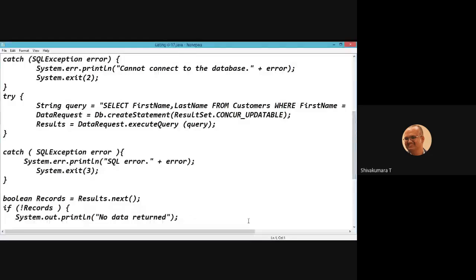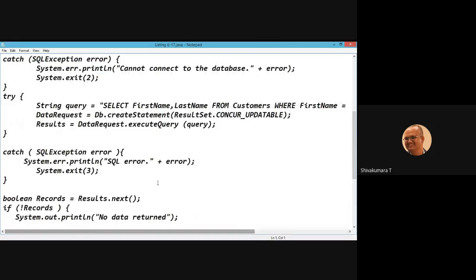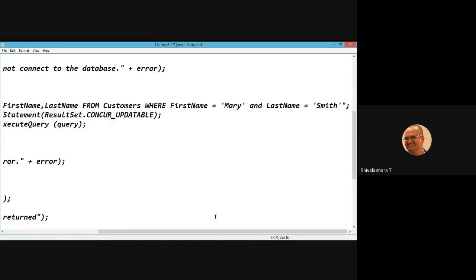See the notepad. You are executing the query: select first name, last name from customers where first name equals Mary and last name is Smith.